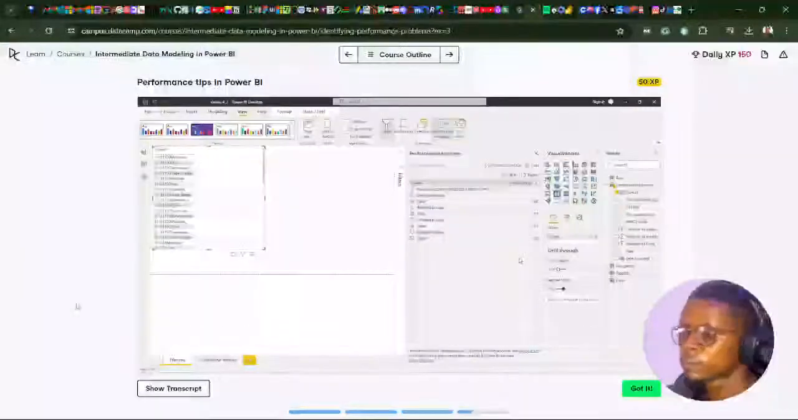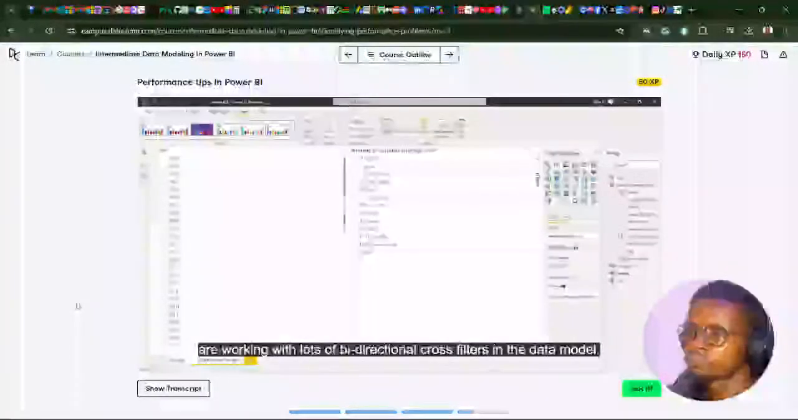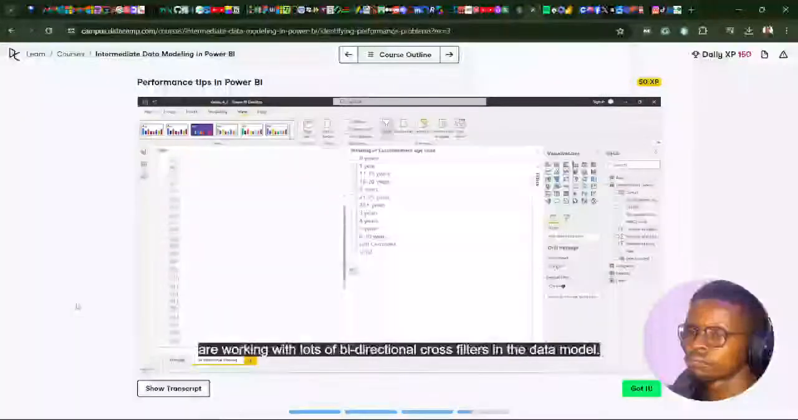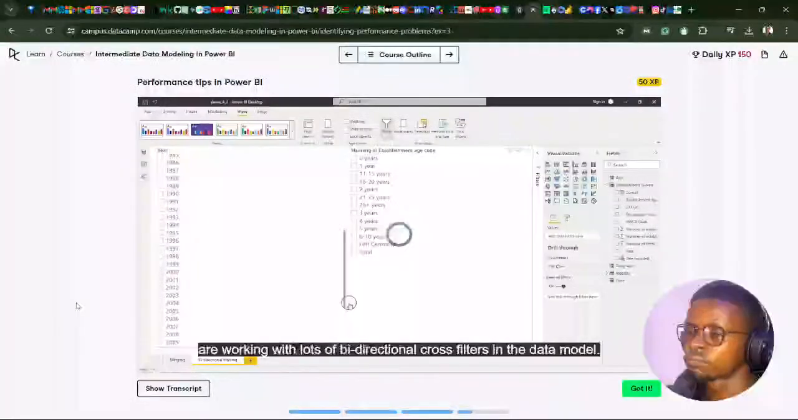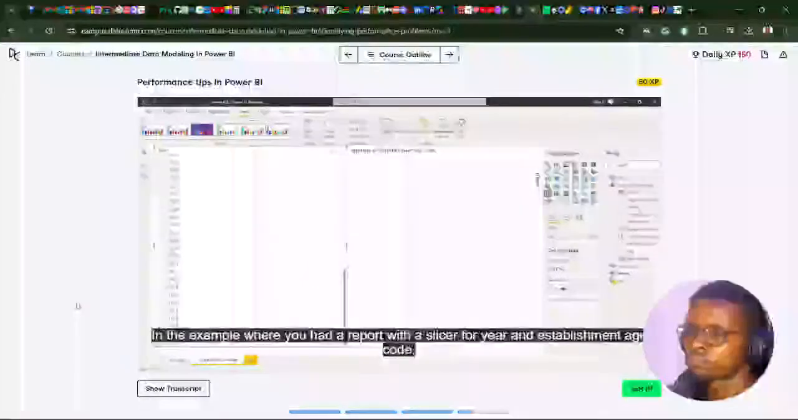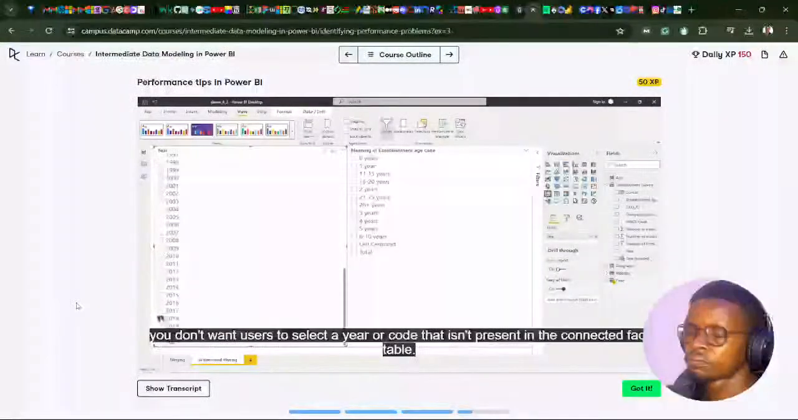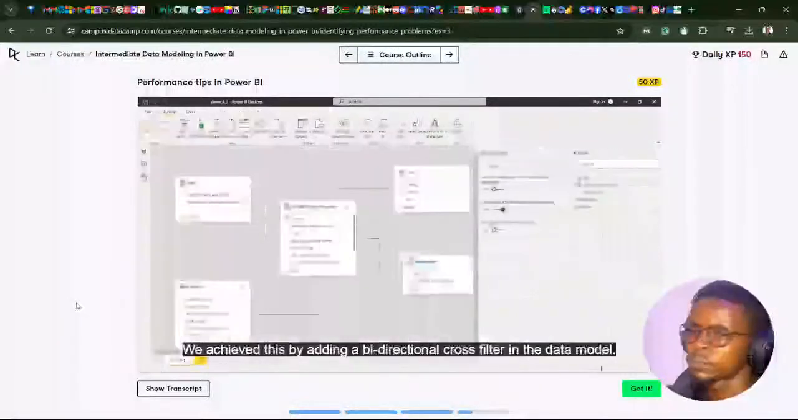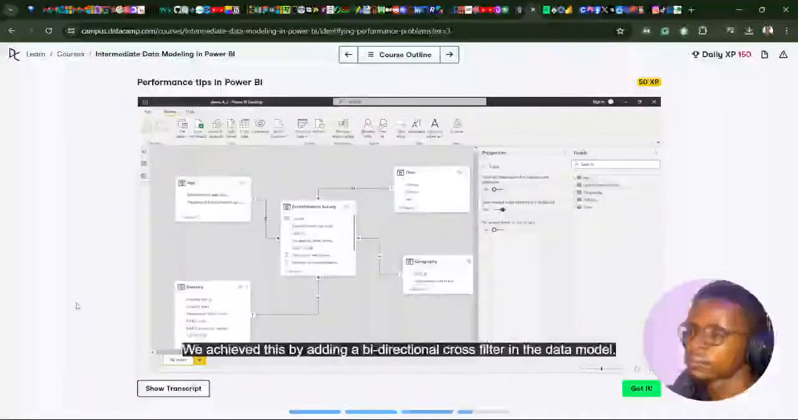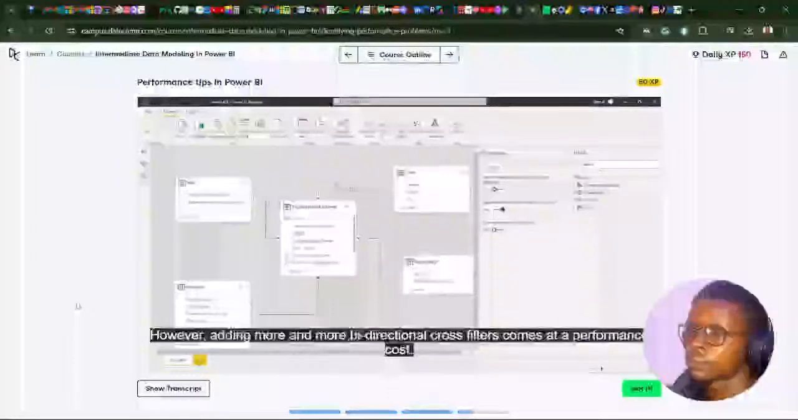A final action to improve performance in Power BI could be when you're working with lots of bidirectional cross-filters in the data model. In the example where you had a report with a slicer for year and establishment age code, you don't want users to select a year or code that isn't present in the connected fact table. We achieve this by adding a bidirectional cross-filter in the data model. However, adding more and more bidirectional cross-filters comes at